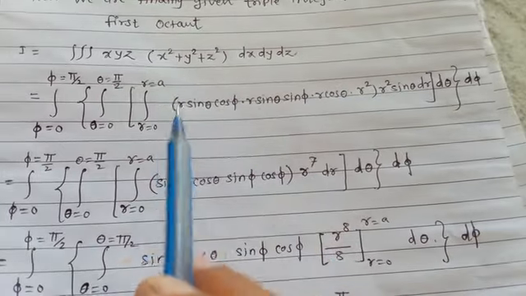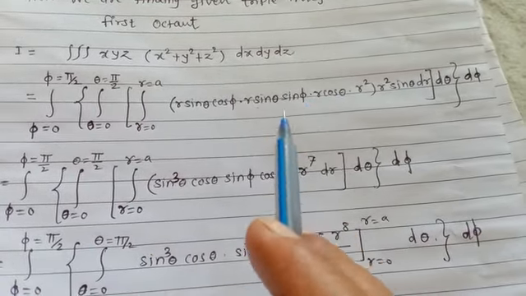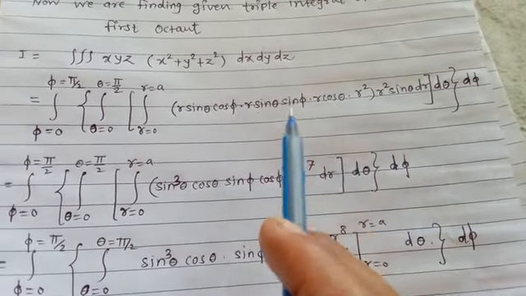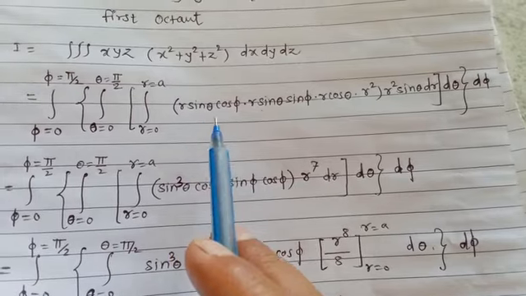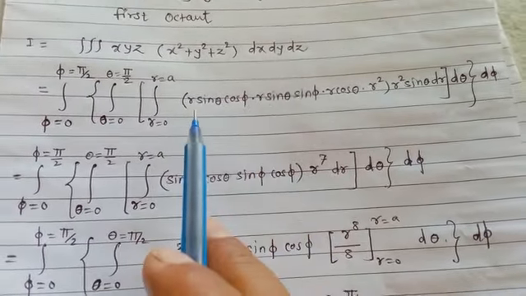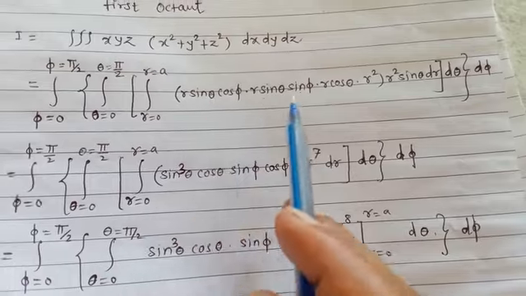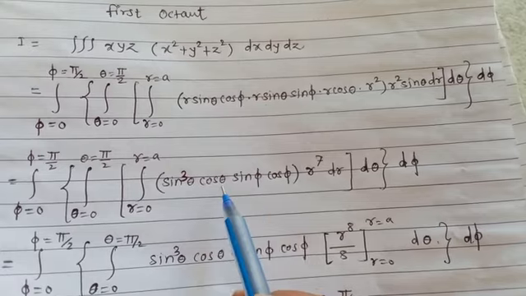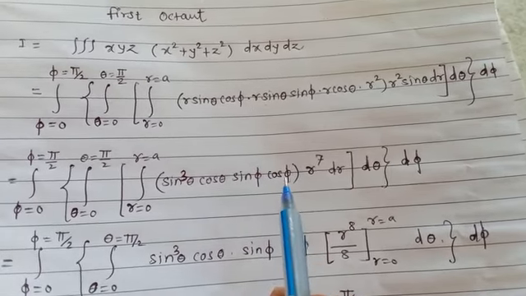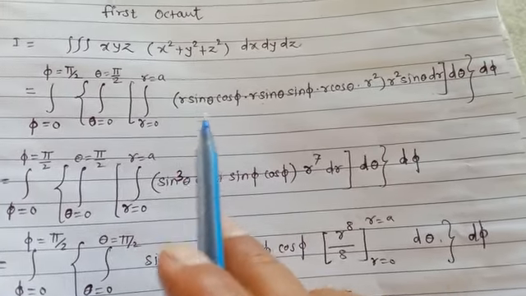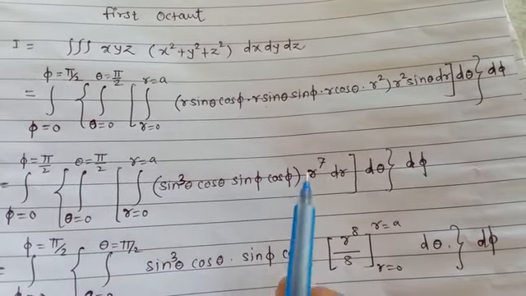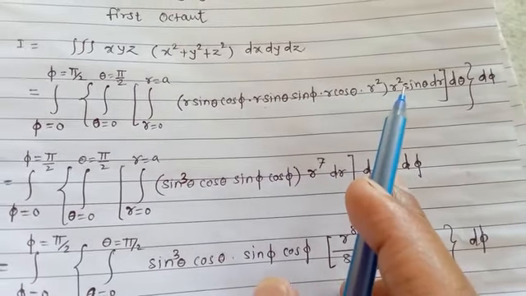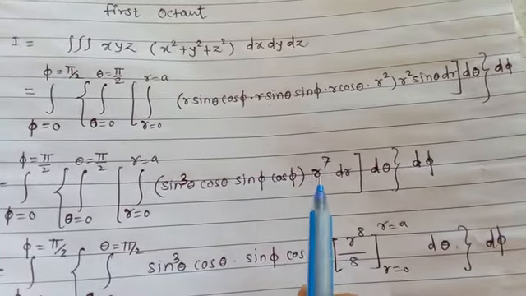Now all limits are constant, so we are evaluating the integrations one by one. First of all, we are taking integration with respect to r, at which time all terms containing theta and phi will be constant. So I am taking these terms outside: sin cube theta cos theta sin phi cos phi. And if we count all the r's, the total will be r raised to 7, that is r cube, and r² into r², that is r raised to 4, into r cube, that is r raised to 7.